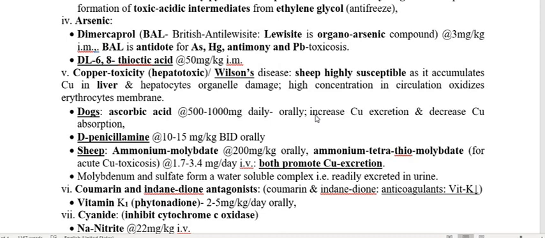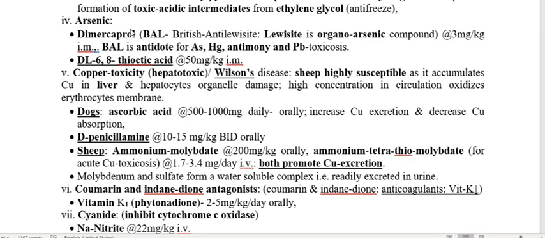Arsenic is a heavy metal and produces arsenic toxicity. Arsenic is also called lewisite, which is an organoarsenic compound. So, in case of arsenic toxicity, as an antidote for arsenic, we are using